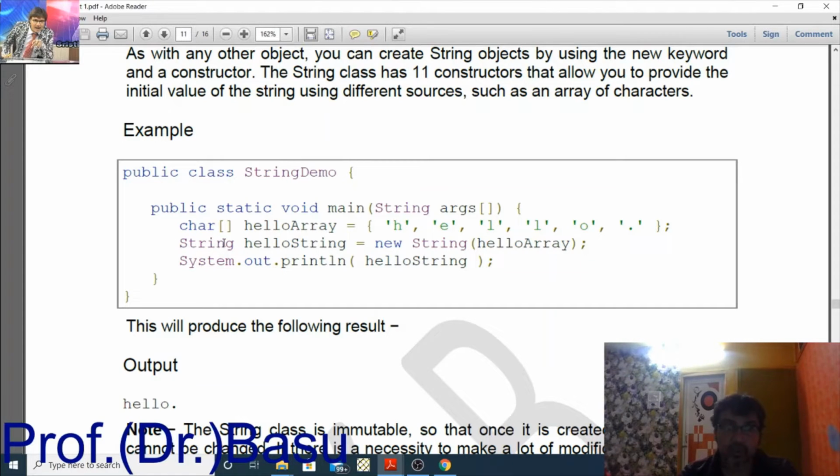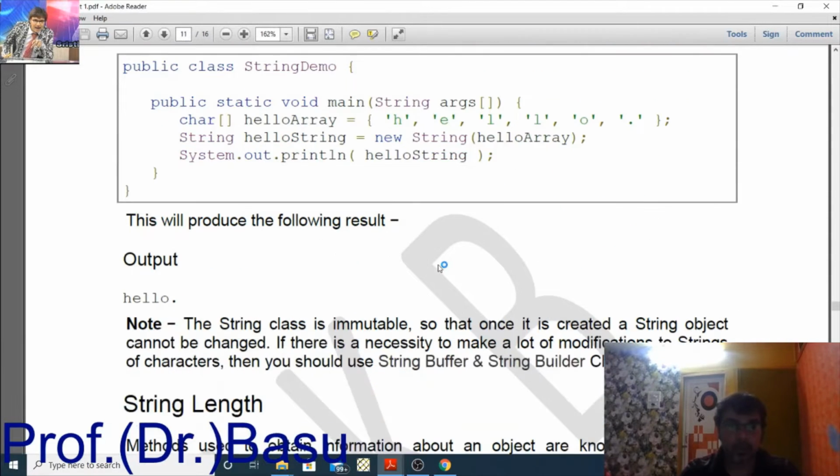Here we have used the String class, but there we didn't use this. This is a conventional manner. So helloString will get these elements of helloArray. helloArray will be copied into helloString, because we are passing this array into the string at the time of creation of this object. So helloString is an object of the String class, and we are getting the value of the object at the time of its creation, that is new String(helloArray). Okay,